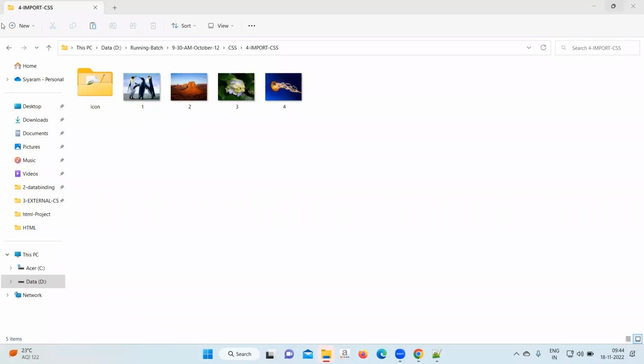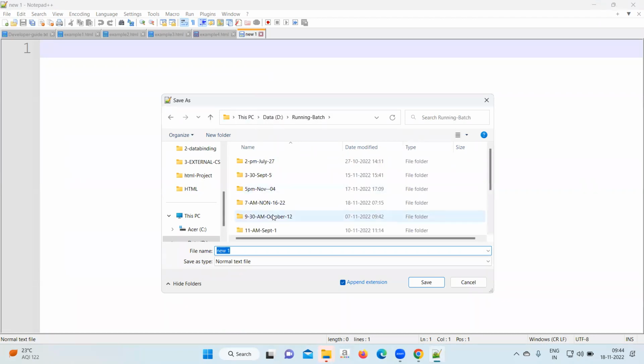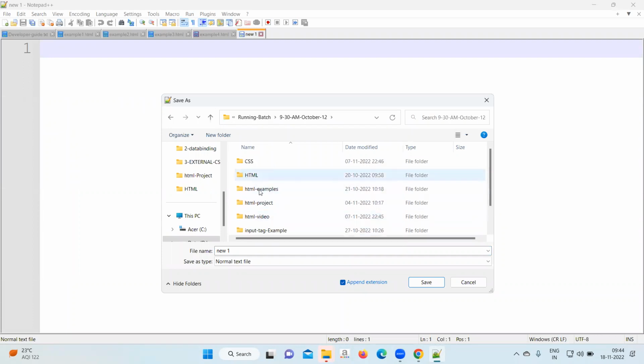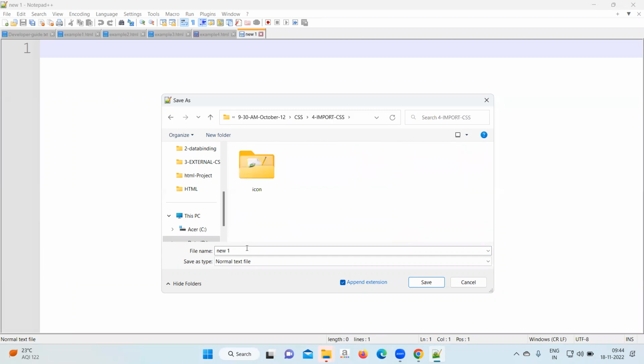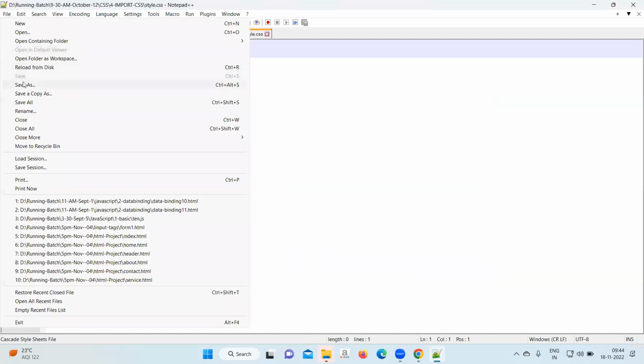style.css. Create one file, style.css, in the import CSS folder. Style.css, and again create one file